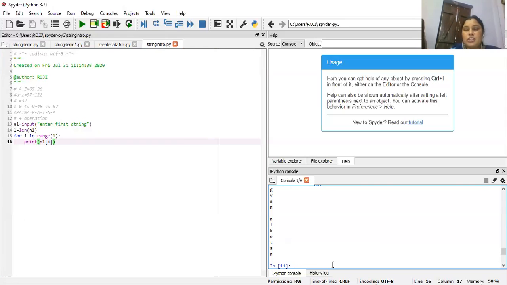We can use the in operator, the range function, or the while loop. There are many alternative solutions for the program, so we have to develop the logic to manipulate the program and develop programming skills.